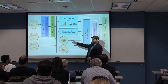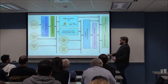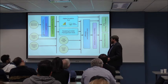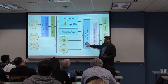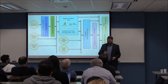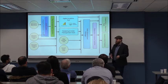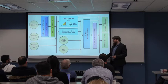Very good at that stuff. But it's this kind of side to the right here that data science skills really come into play. So there's the sort of data engineering piece that involves taking that data and bringing it together with other data in a data warehouse or a data mart or something. Some kind of storage. More and more this means online cloud storage, like putting things into Google BigQuery or Google Cloud Storage, putting things into Amazon S3 or Redshift